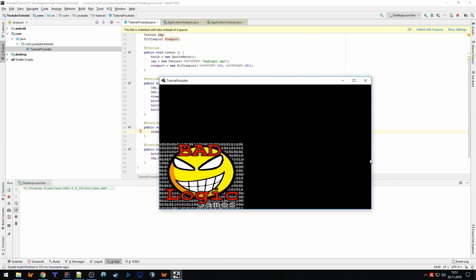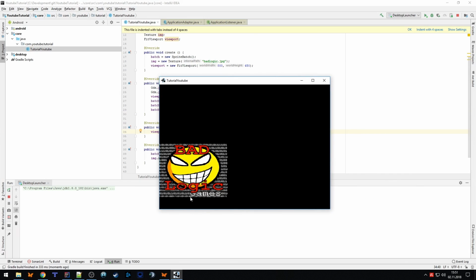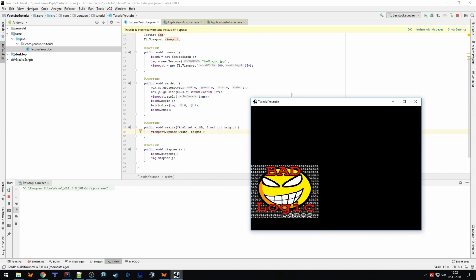So everything is good. And the reason why it's here a little bit up is that we have a resolution of 800 by 450. And as explained before, according, of course, to the resolution that we have now in the window, there will be bars added at the bottom or at the top or on the left and right. So in this case, it's at the bottom and at the top.